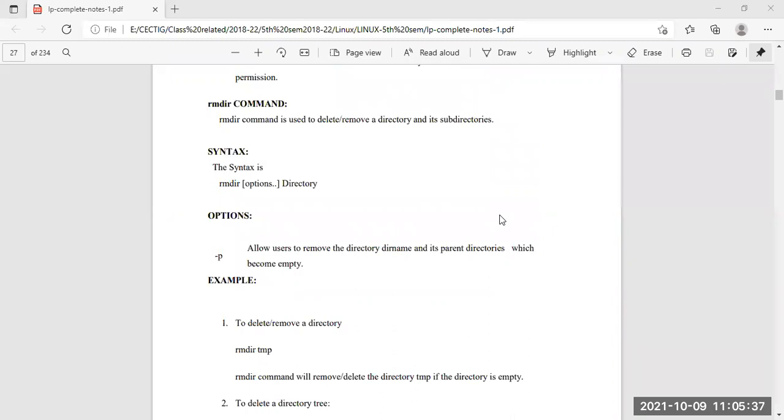As I said, every directory should have a parent directory, or a root directory. So if we are trying to delete a directory, the parent directory will become empty. For example, rmdir test. If I am trying to remove the directory test with rmdir,